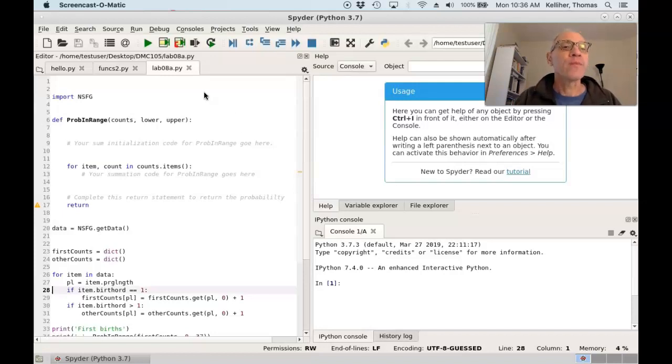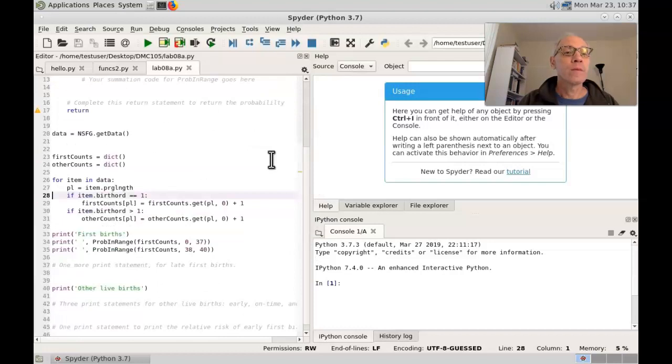As with our other programs that use the NSFG data, first thing we do is import NSFG. We'll skip over the function definition at the moment. And then we use getData in the NSFG module to get the data. Then the program creates two empty dictionaries, as you can see here, and then enters a loop where we process each record in data,